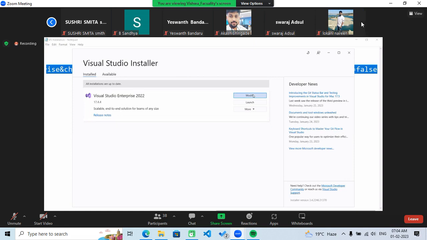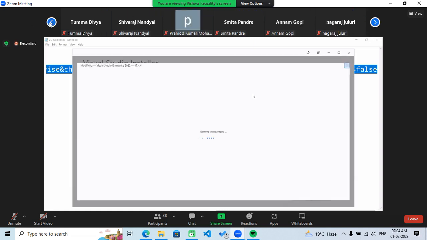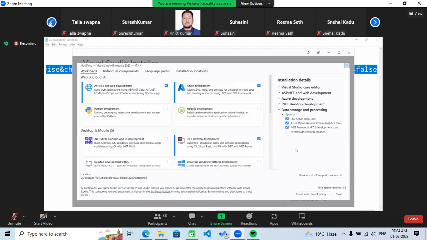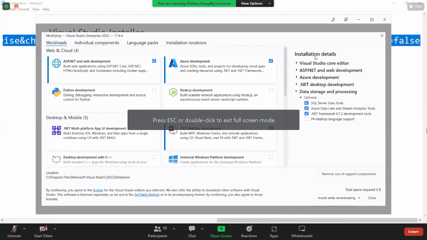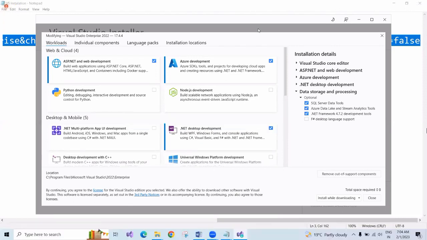This is what modify I'm saying. So click on modify. Wait. So guys, here from here only.